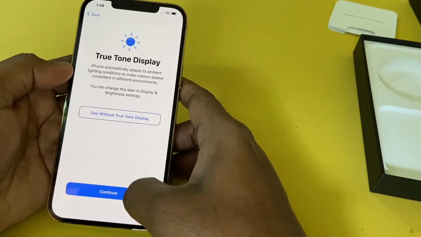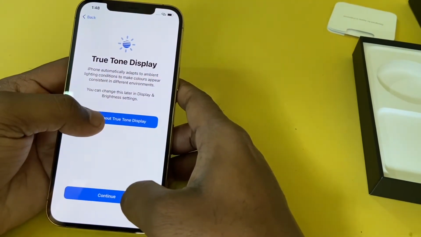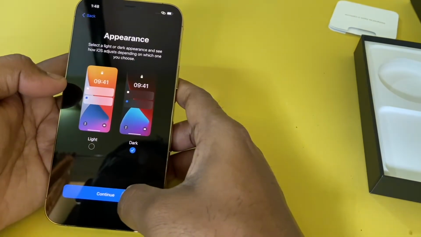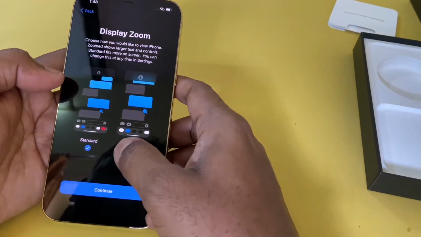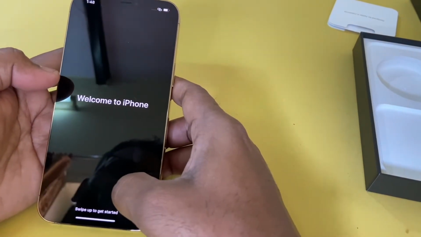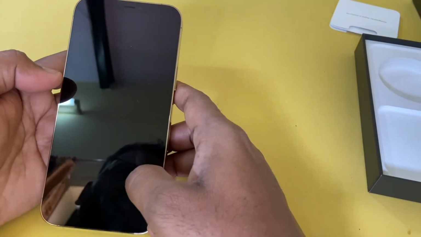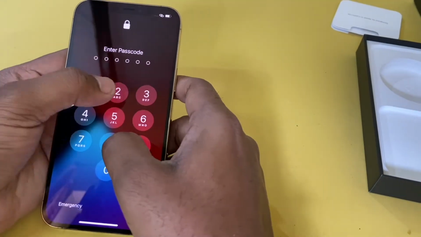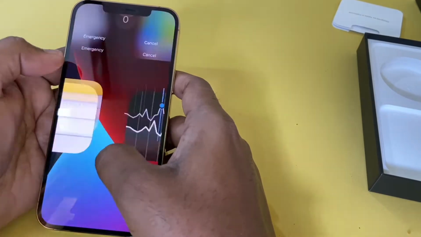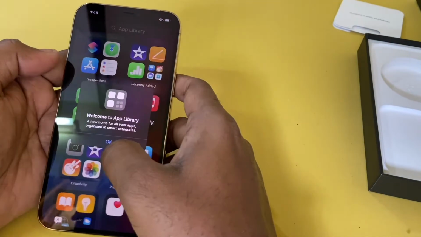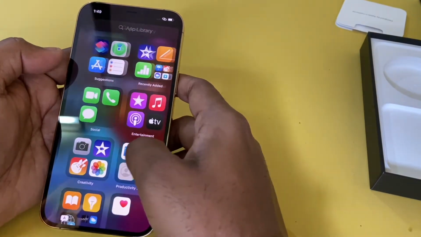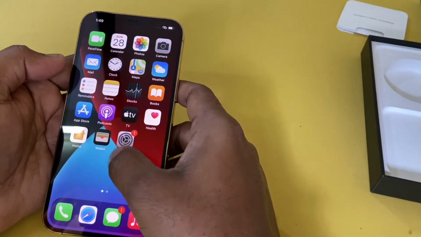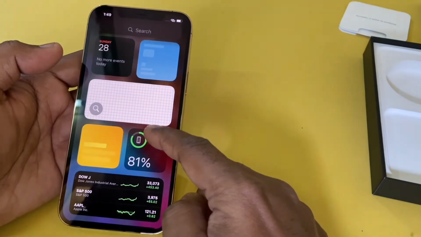So I will share, and you can see here the two tone display, and I would select the appearance as dark, zoom, and welcome to iPhone. That was the bug which you just saw, I would say, but in the end you will get this working, because once you update your iPhone to iOS 14.4.3, you will get it.